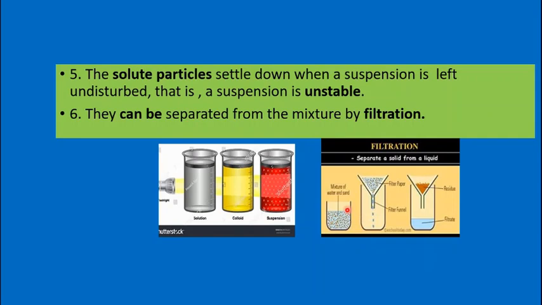So this is the process of filtration. When you take muddy water and pass it through a funnel which has a filter paper, and pour the muddy water into it, you get clear water, the filtrate, and you get the residue, that is the sand, in the filter paper. Here you can see three different kinds of mixtures: solution, suspension, and the colloid which you are going to learn about. Light passes through the solution but it is not scattered. But in a suspension, the path of the light is very clear, so it scatters the light.